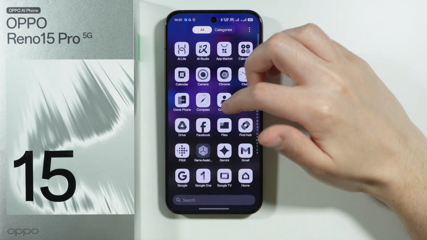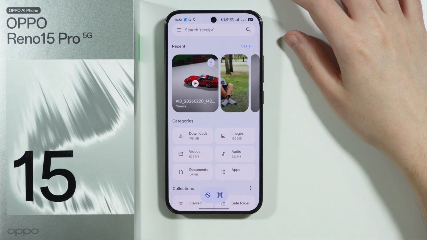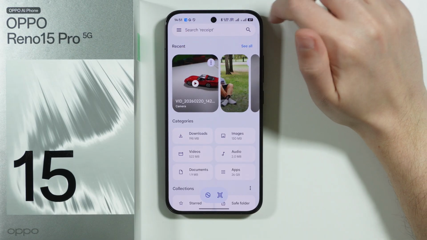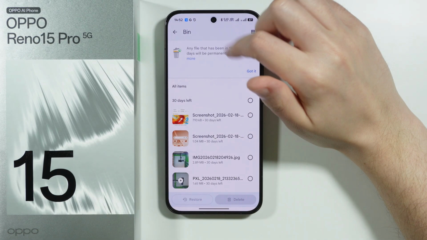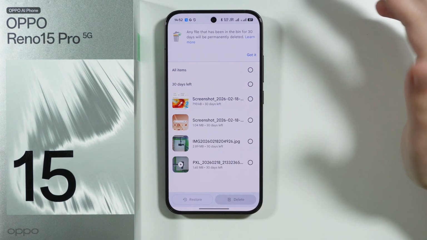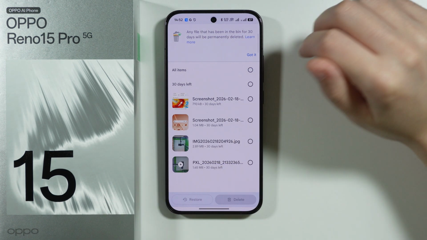Also, we have the Files app by Google. And in this case, we can tap on these three lines in the upper left corner, and then we can go to bin or trash. And in here, we can also find, for example, photos, videos, and all other files that you have removed using